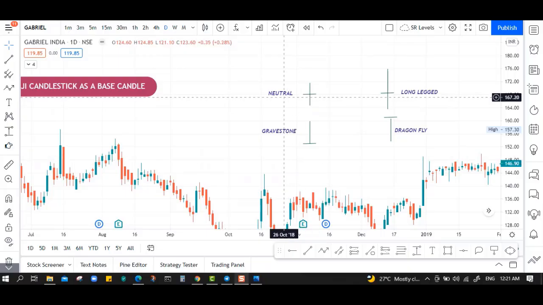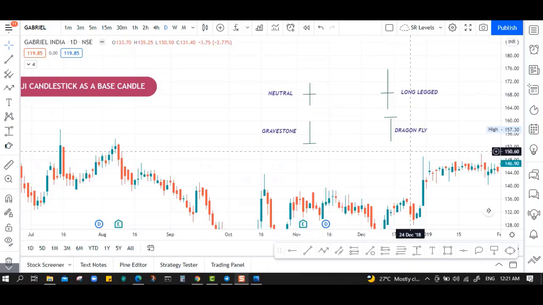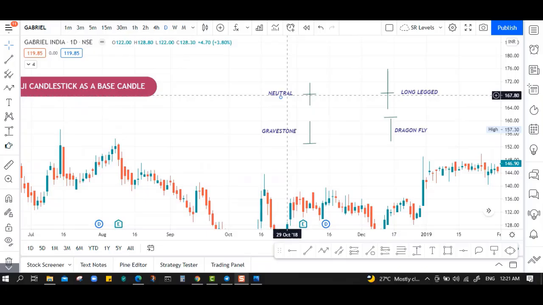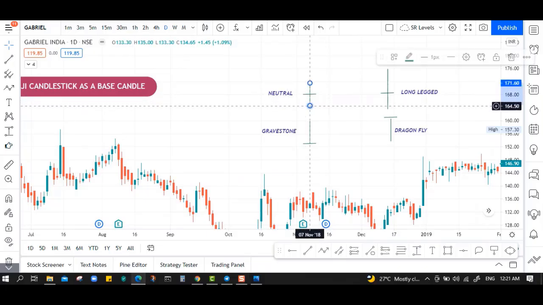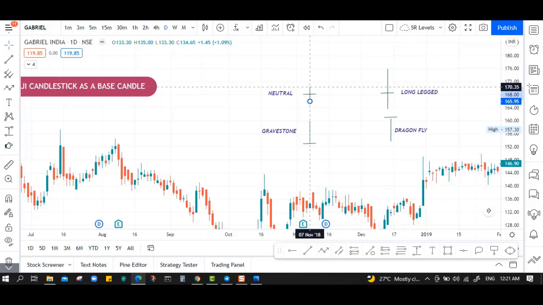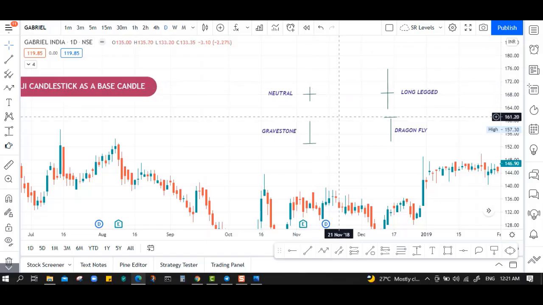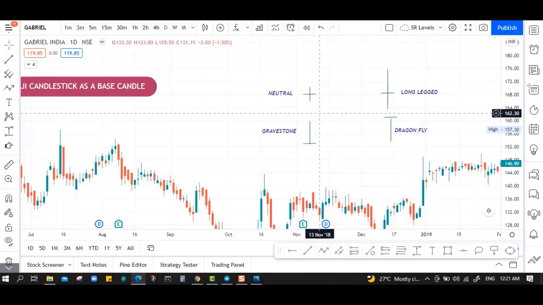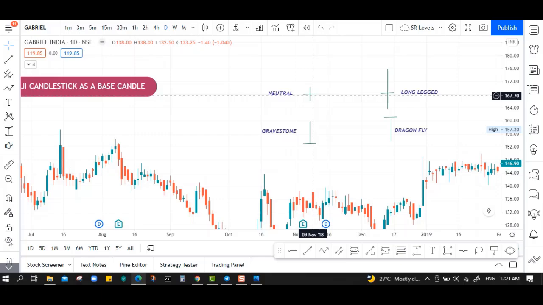So these are the 4 different types of doji candles. The first one is a neutral doji. It means it is a small candlestick pattern, not like this, it will be very small like this. It's a small candlestick pattern where the open and close of the price is at the middle of the candle, high and low. So this pattern forms when buying and selling activity is at equal level. And the second type is the long leg doji. It is a candlestick pattern where the open and close price is at the middle of the candle, high and low.